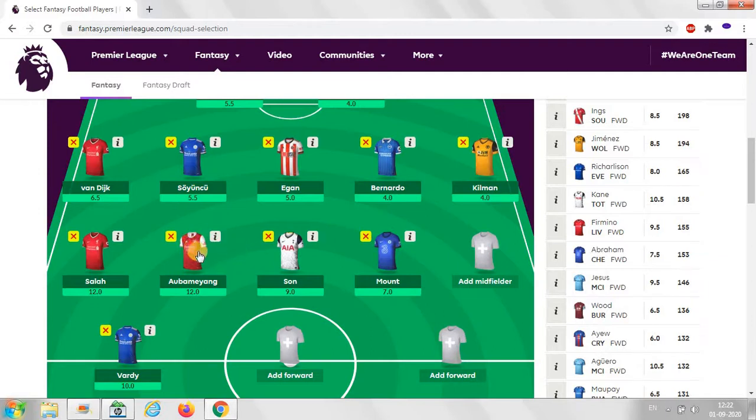So Aubameyang was playing forward last season. Now he is playing as a main defender, so he will definitely score. He is the main top scorer of Arsenal, as well as Salah, and Son also. So definitely we must select these 3 guys. Now going to the forwards,